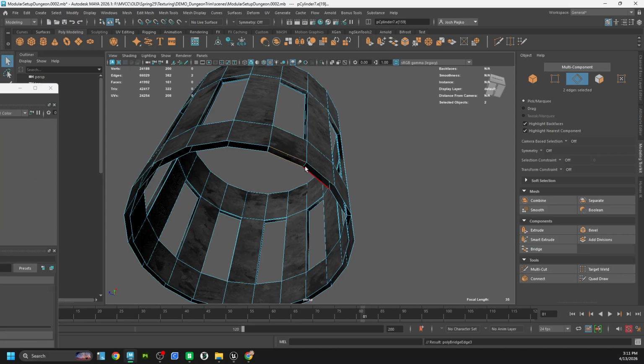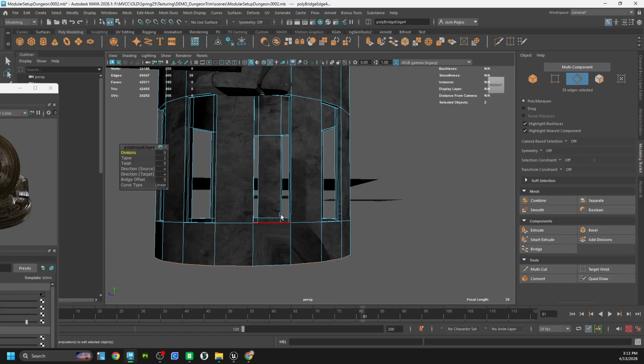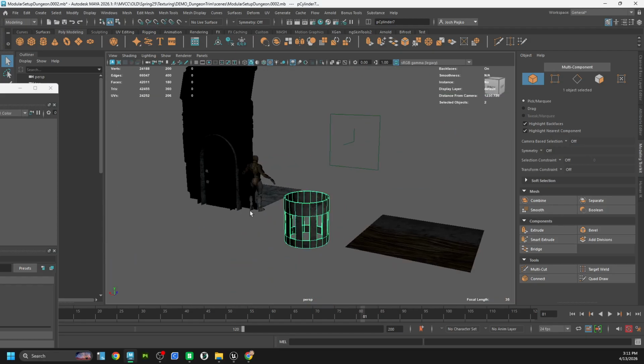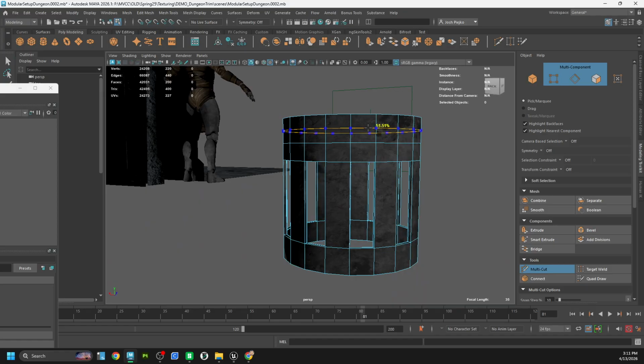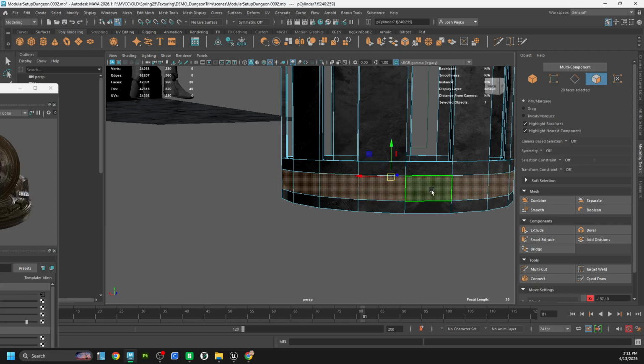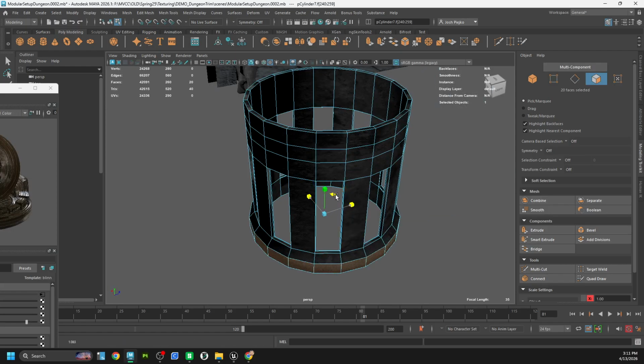I'm gonna go bridge that and then double click, deselect these again and bridge this, and I made this thing. So if I want more detail, multi-cut. Yep. So, if we wanted to do extra stuff like this,